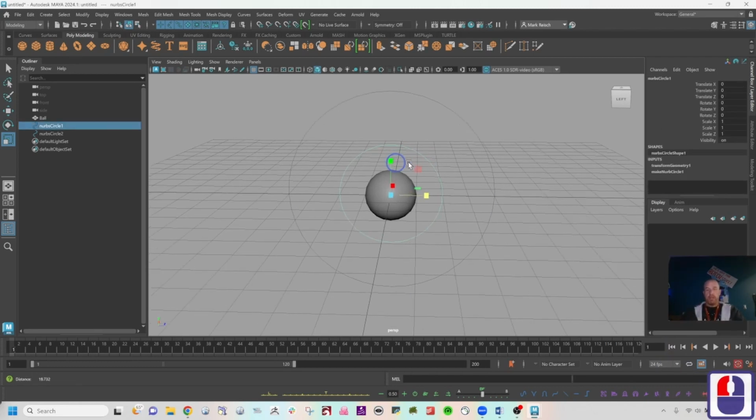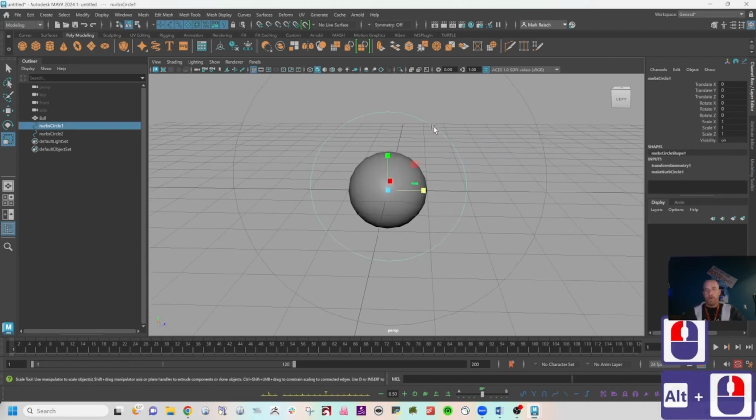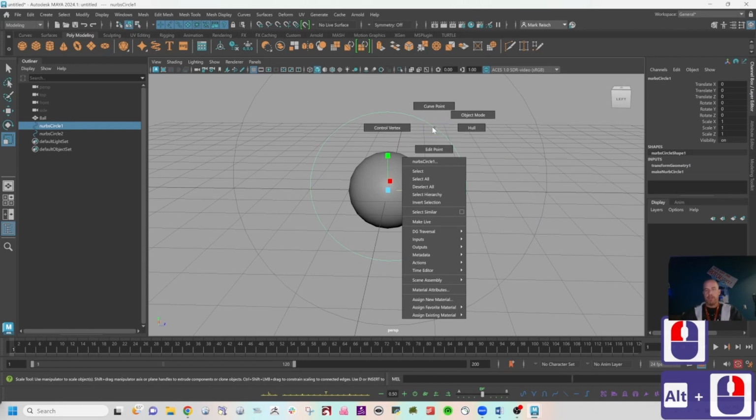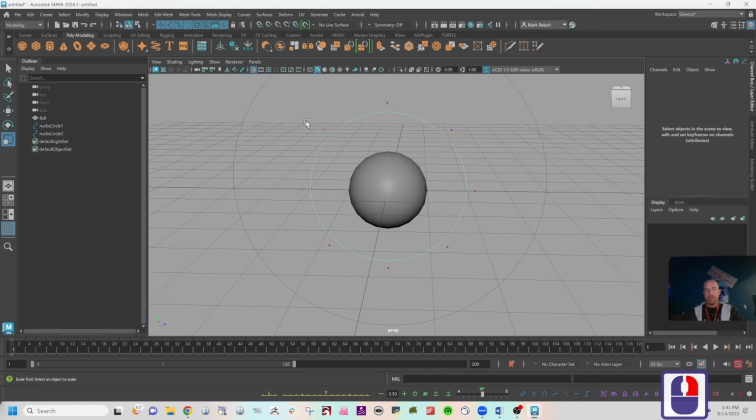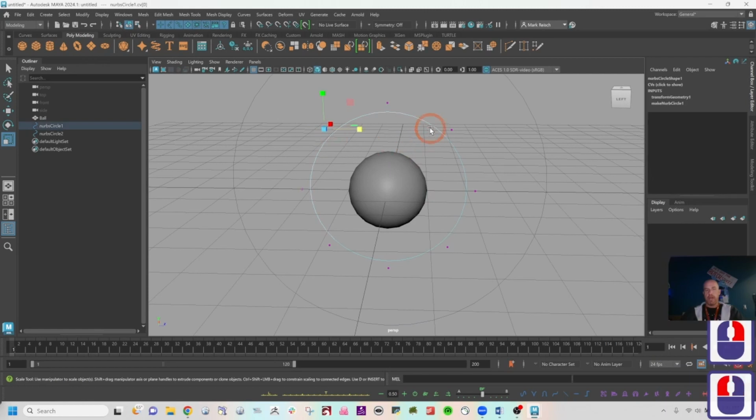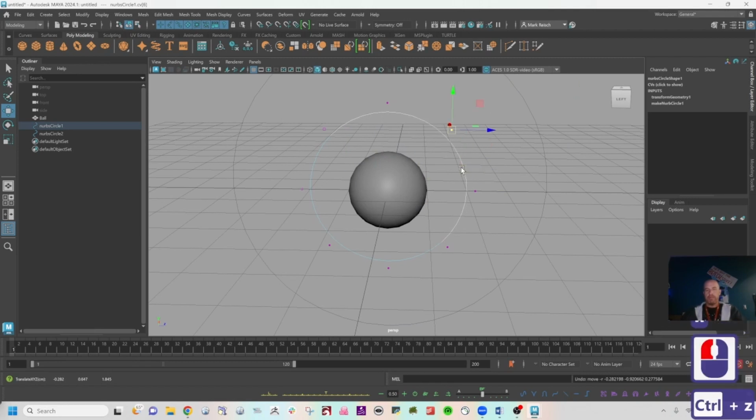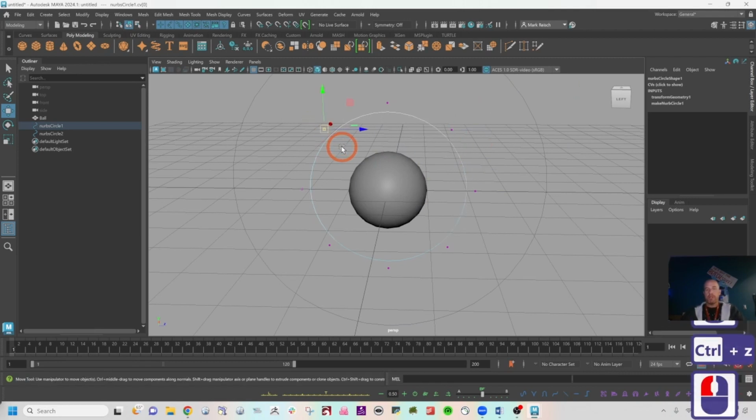We're going to create a little diamond shape. To do that, I'm going to right mouse click and hold on the circle and go to control vertices. The control vertices are these little dots in here. If I hit W, I can then move this thing around and edit it. What I want to do is select one at 10 o'clock, shift select the one at 2 o'clock, shift select the one at 4, shift select the one